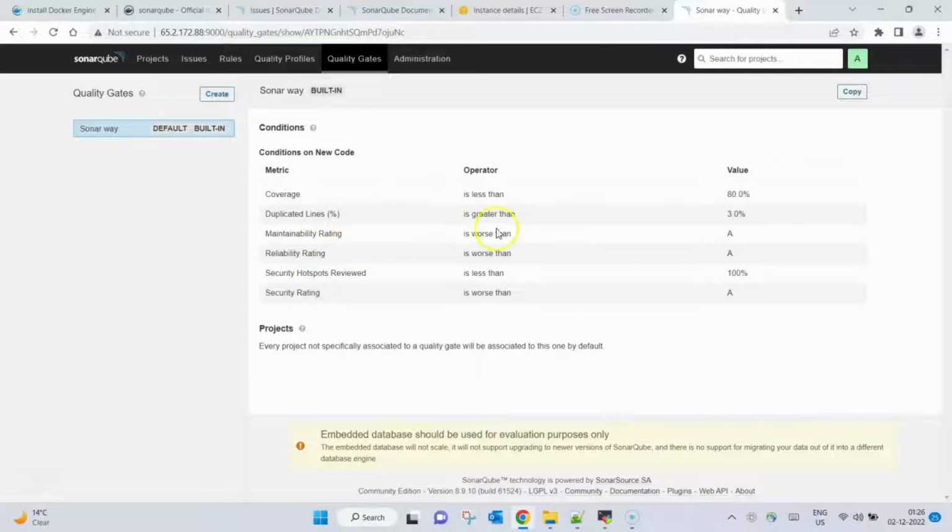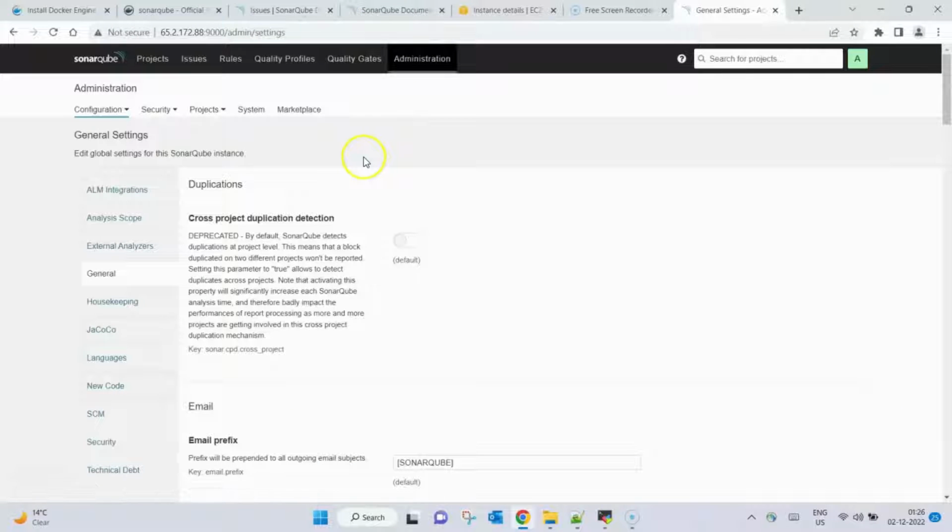This is a section where you can create different parameters and different thresholds, which will be the basic conditions on which, if passed, only then the code quality is complete. Yeah, so next we will be creating pipelines, and I'll be using GitHub CI/CD